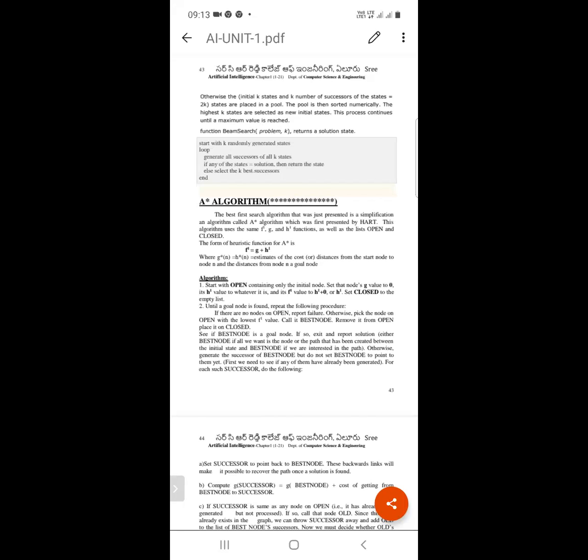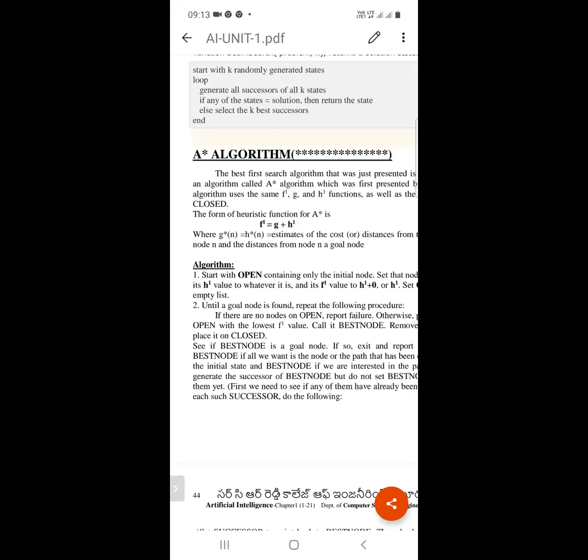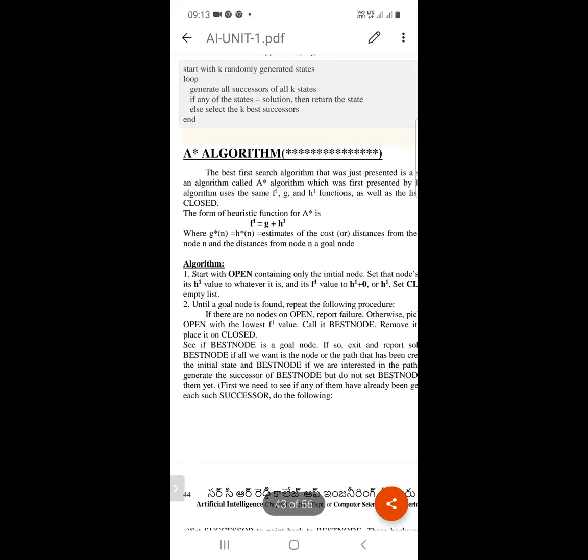See if the best node is a goal node. If so, exit and report the solution, either the best node if all we want is a node, or the path that has been created between the initial state and the best node, if we are interested in the path.